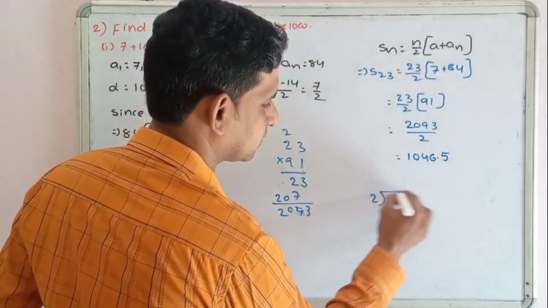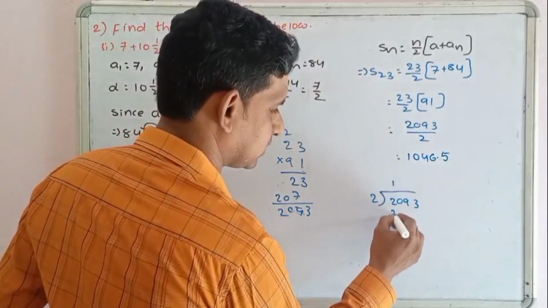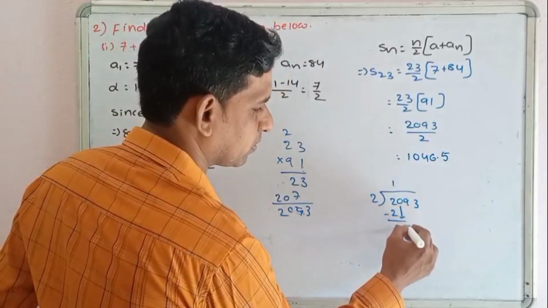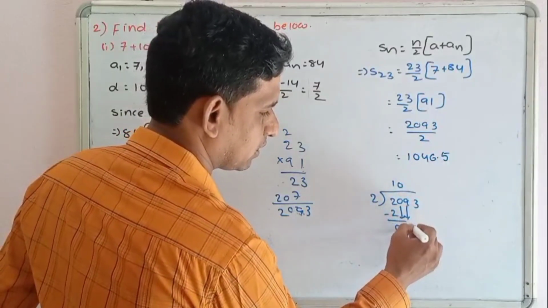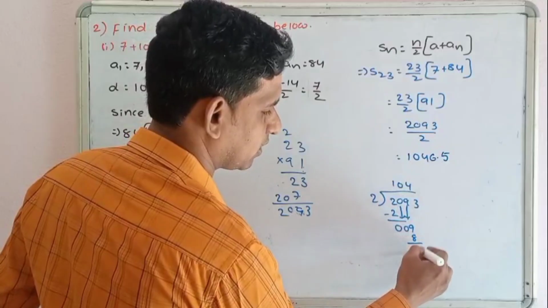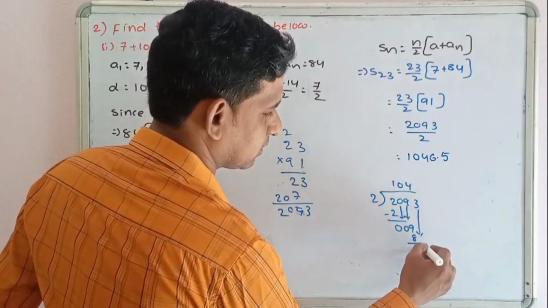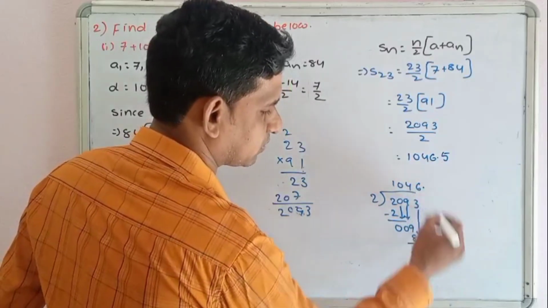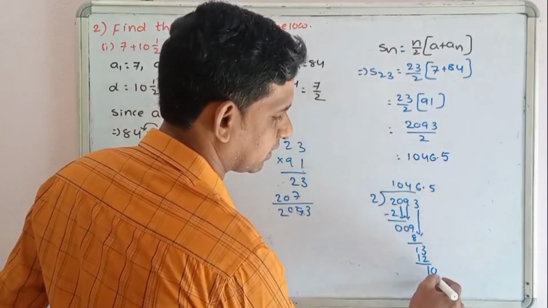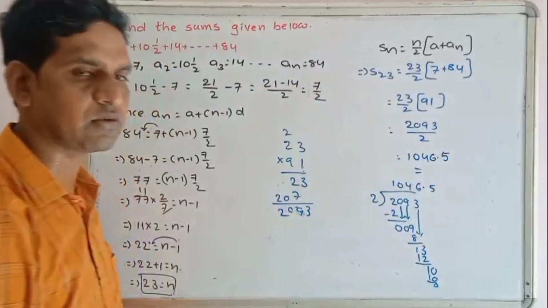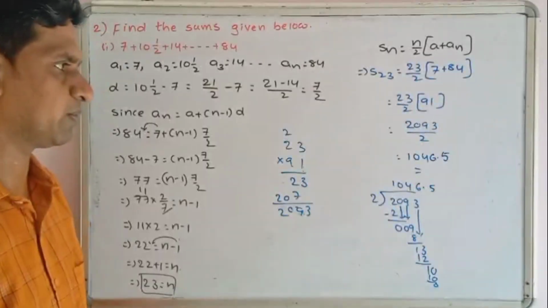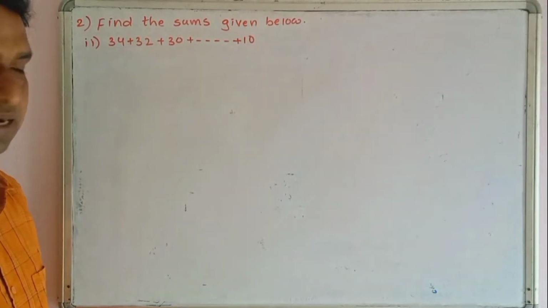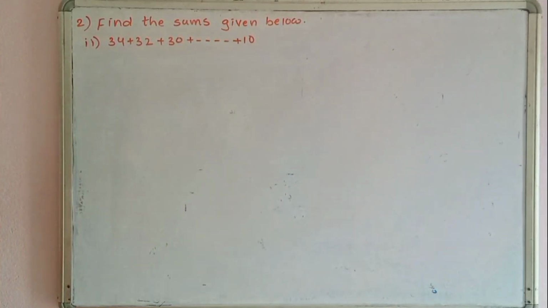If you don't know, do like this. 2093. 2 1s are 2. Okay, 2 minus 2 is 0. Keep 0 here. Next number 9, 2 4s are 8, 1. Okay, next number 3, 2 6s are 12. Okay, 3 minus 2 is 1. Okay, take decimal and 0, 2 5s are 10. So the final answer is 1046.5. Problem 2, second: find the sum of 34 plus 32 plus 30 plus so on up to